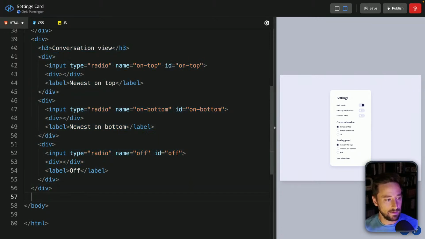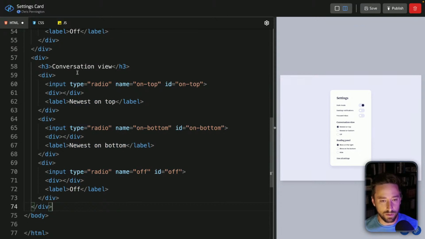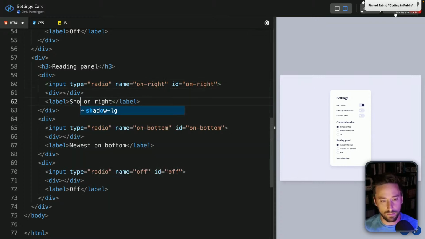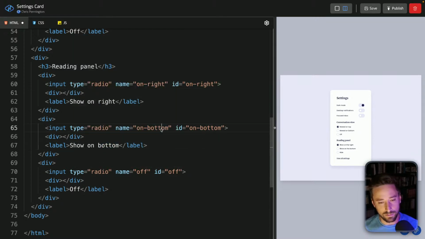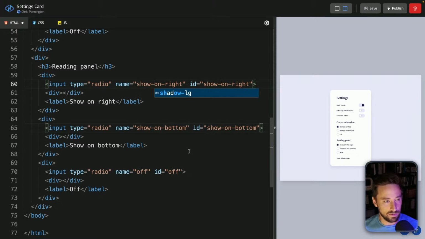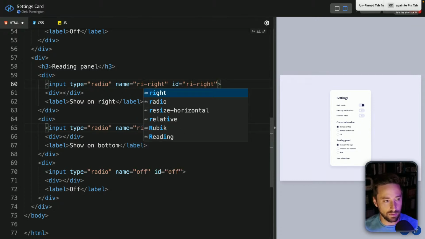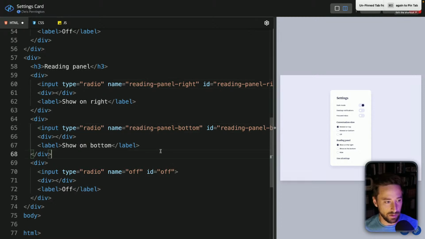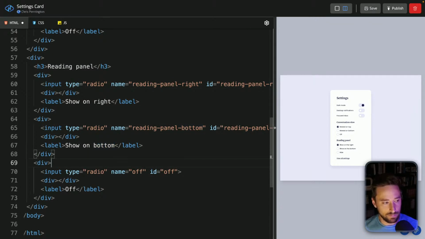Like that. And say conversation view, reading panel. All right, so this is going to say reading panel. And then we'll just say on right. Show on right. I'm guessing this is supposed to be show, so we'll do that. Show on the bottom. It should just say bottom, I think. So maybe we should also change those to say show on right, show on bottom. That's not super descriptive. Let's say like reading panel bottom, reading panel right, something like that. Show on bottom, and then this will be reading panel